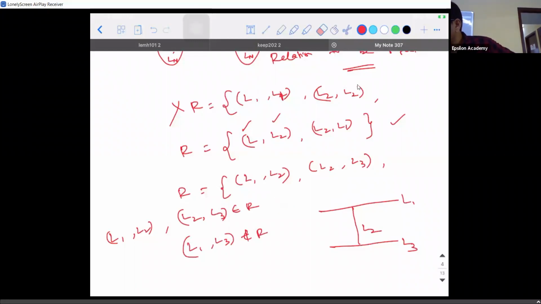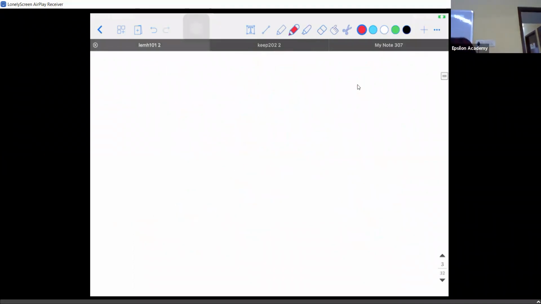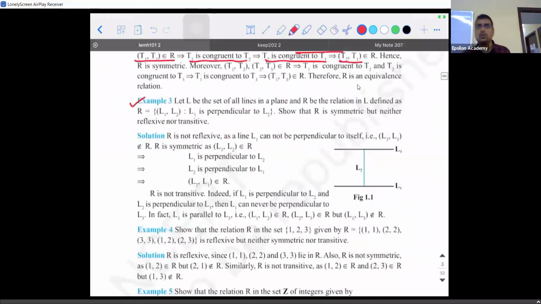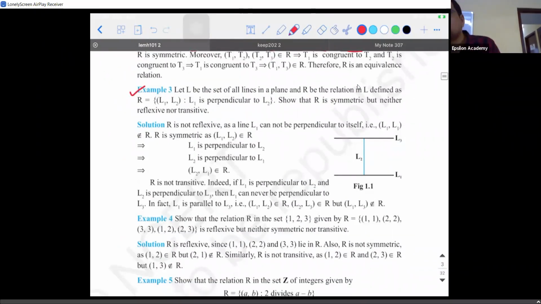Instead of saying implies, you can write but. But L1 comma L3 does not belong to R if the relation is not transitive. So what is the only condition it is satisfying? It is symmetric in nature, and that's what they have asked us to prove also. Okay. So I suggest you treat every problem like find rule. Don't look at it like proof, because then you can improve your skills better. Shall I move on to the next one?